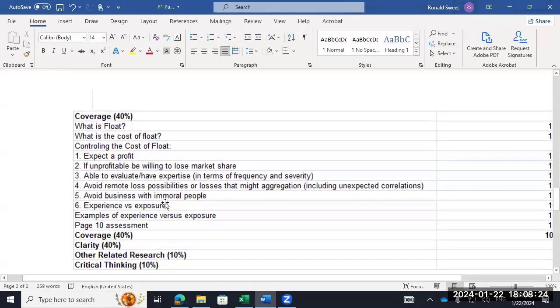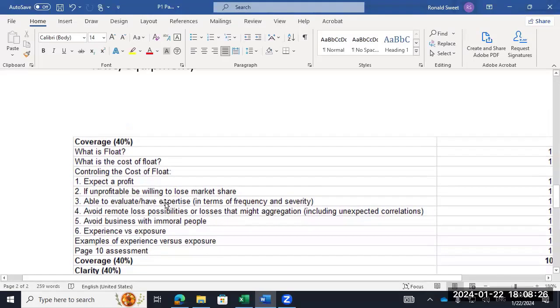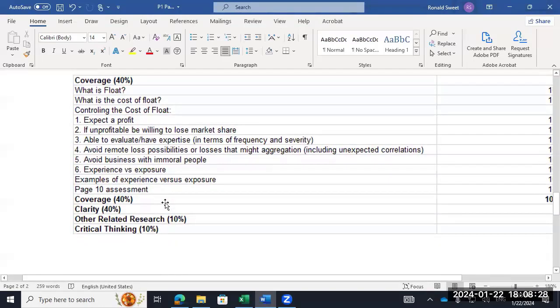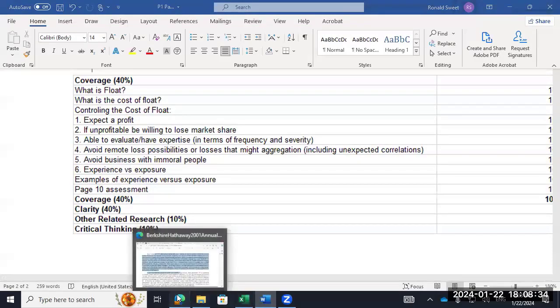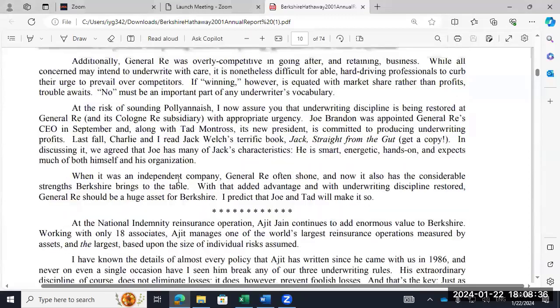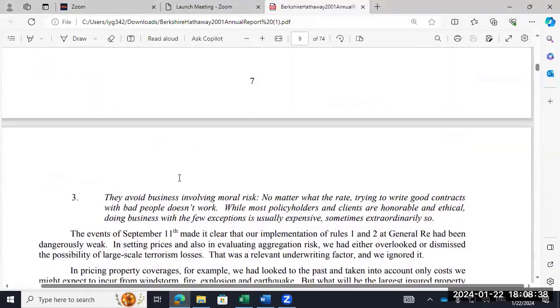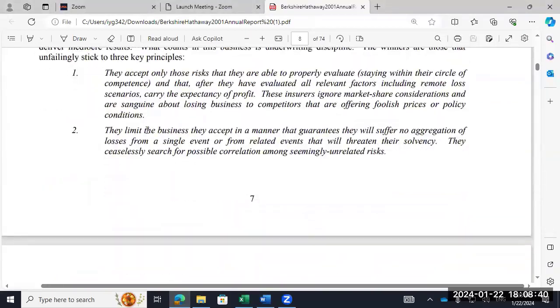I'll put this out on Canvas so you can see. Pretty straightforward though, isn't it? 10 things and each 10%. Some of them are really easy and some of them you've got to make sure you're ready for. All right, okay, so let's look back at his list of 3 that I make 6.